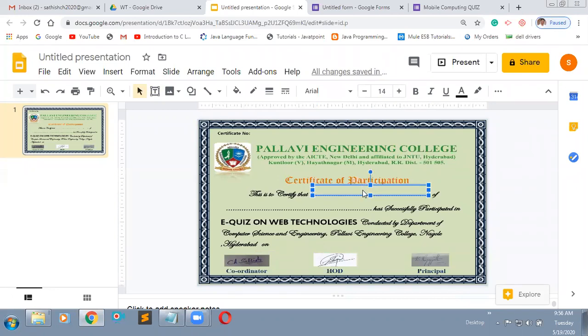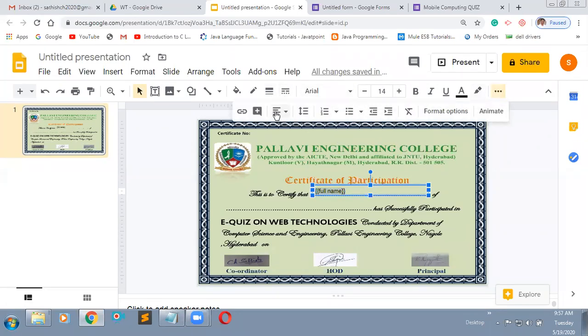Okay, here you need to mention within the braces full name. So this point is very important. Based on this only, that Google Form data will be added here. I'm making it center alignment.